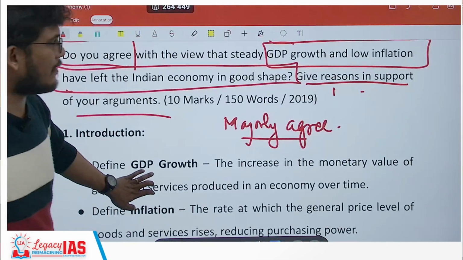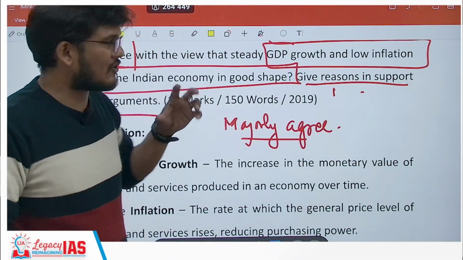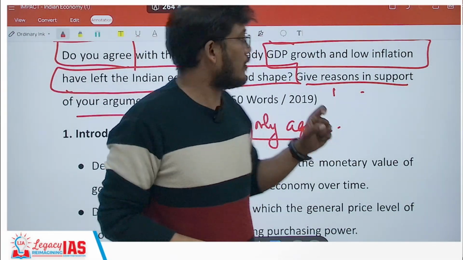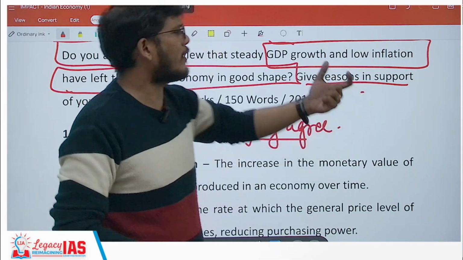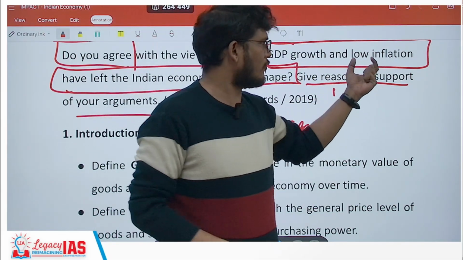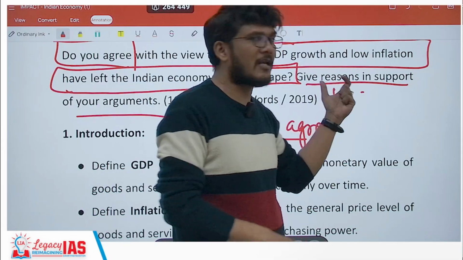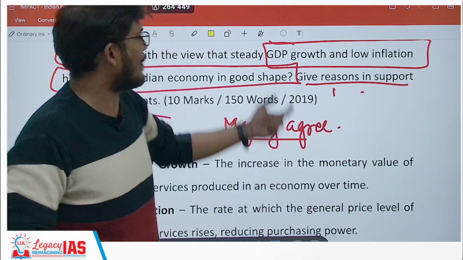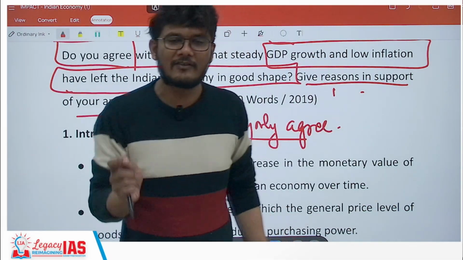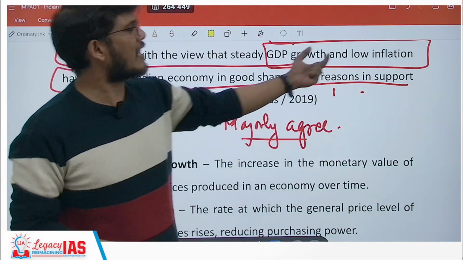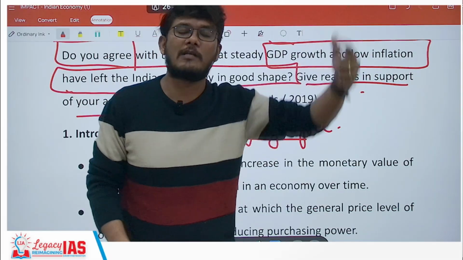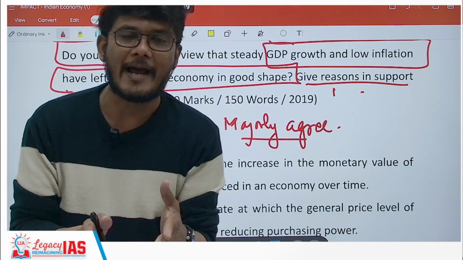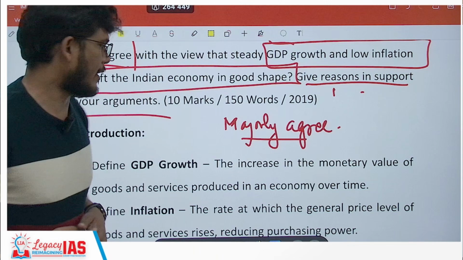However, presently, you can talk about the present situation which is creating a certain issue, or if not the present situation, you are aware of how some amount of increased inflation may be required, etc. And then talk about how better growth can be achieved with slightly higher inflation, or at the same level of inflation how growth can be even further. You mention all that and then conclude your answer.